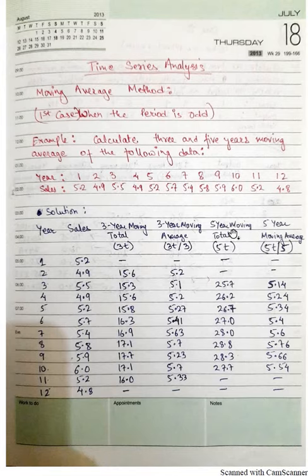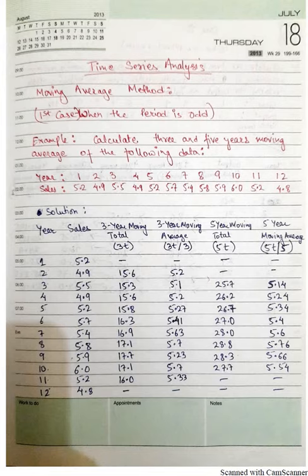Now we found the 5-year moving total. Now how will we find the 5-year moving average? We divide this value by 5. Since it is a sum of 5 numbers, we divide it by 5, we get the average. So for the 5-year moving average, 25.7 divided by 5 is 5.14, 26.2 divided by 5 is 5.24, 26.7 divided by 5 is 5.34, and so on and so forth. You will go on getting the average if you go on dividing these numbers by 5. Very easy. If you try it yourself, you will understand.